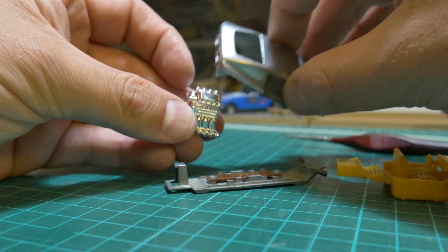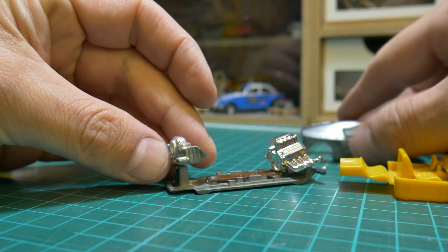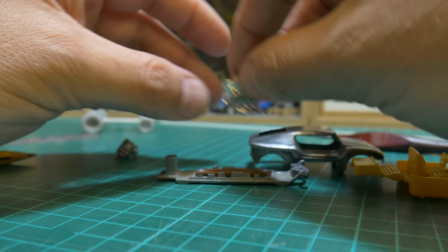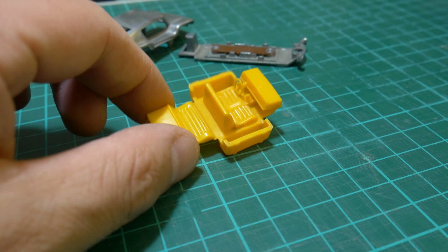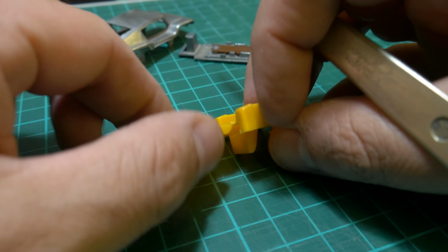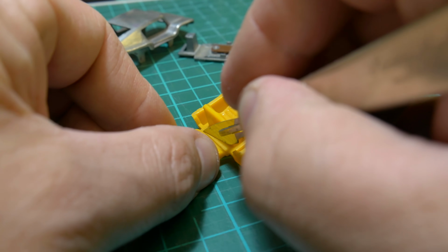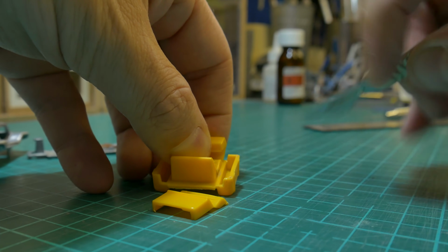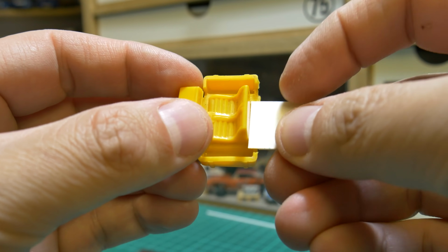But I'll quickly move on to this engine, and I don't really want to put this old one back on, even if I did fix it and repair it. So I've used a donor drag engine from, I think it's called the Diaper Dragger. Yeah, the Diaper Dragger, the Hot Wheels one. And I want to set it sort of mid-engined and get rid of the rear-engined old flat four buggy thing that it had before. So I'm just going to quickly remove the bench seats in this interior and put another flat piece of styrene. Well, I put two pieces in. I made a step on it actually, just to